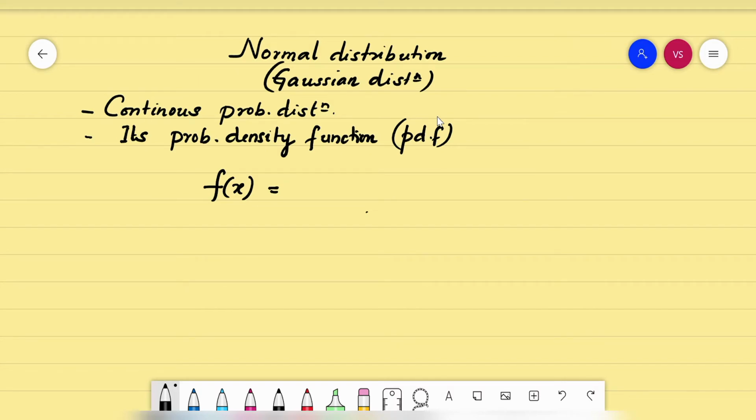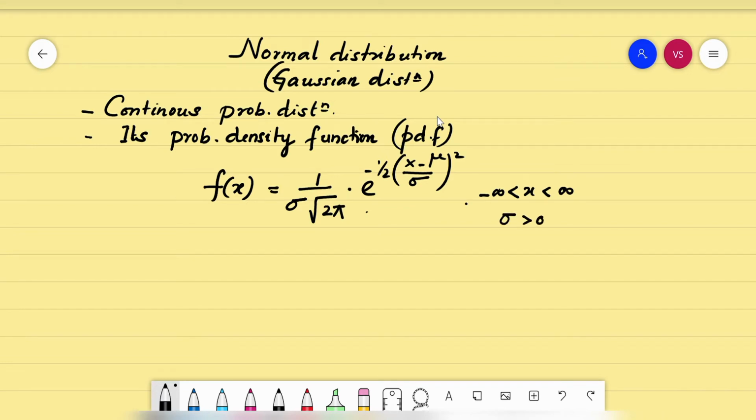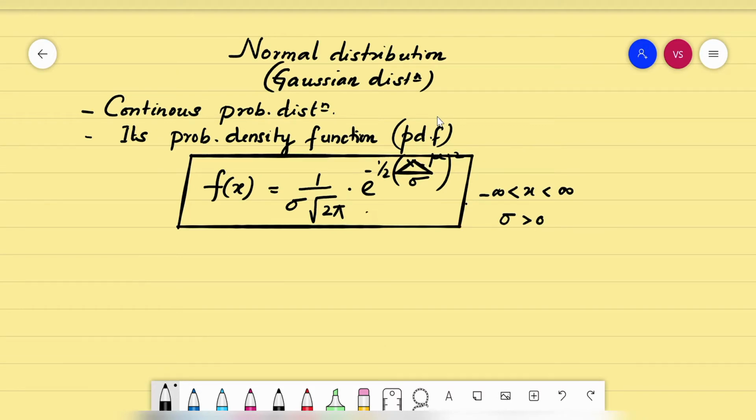So we have this as 1 upon sigma into root 2 pi into e raised to half into x minus mu upon sigma the whole square, where x has the range from minus infinity to plus infinity, and standard deviation will always be a positive value. I want you to go through this PDF once again. I read it out for you so that you will understand this. f of x is equal to 1 upon sigma into root 2 pi into e raised to half into